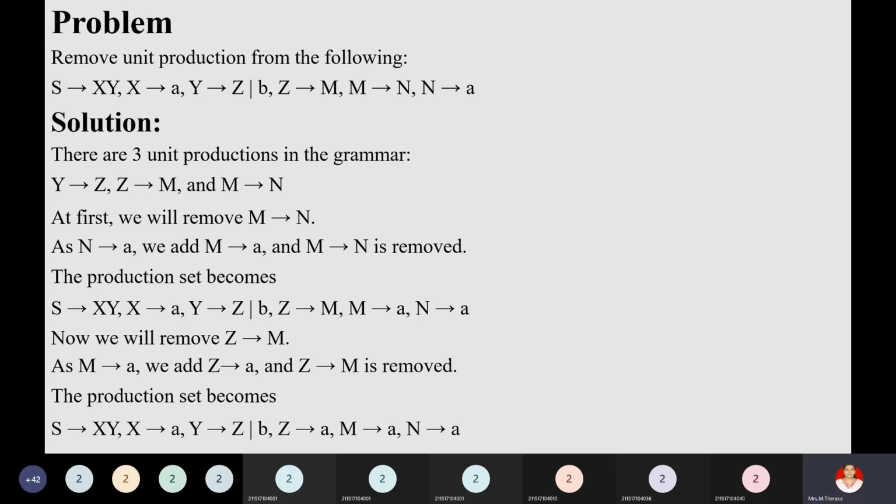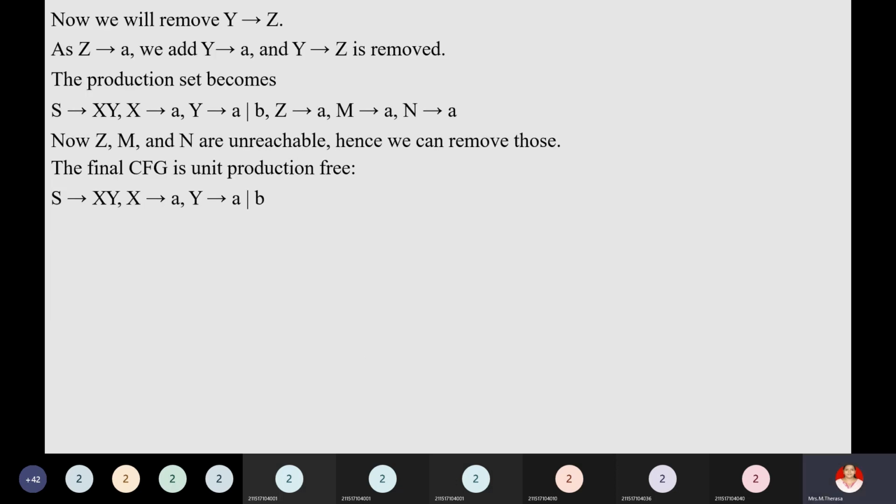Okay. So here the resultant grammar is S tends to XY, X tends to A, Y tends to Z or B, Z tends to A, M tends to A, N tends to A. So still there exists one unit production, that is Y tends to Z. Okay, now we are supposed to remove this Y tends to Z. So as Z tends to A, we can add this Y tends to A and we can remove this Y